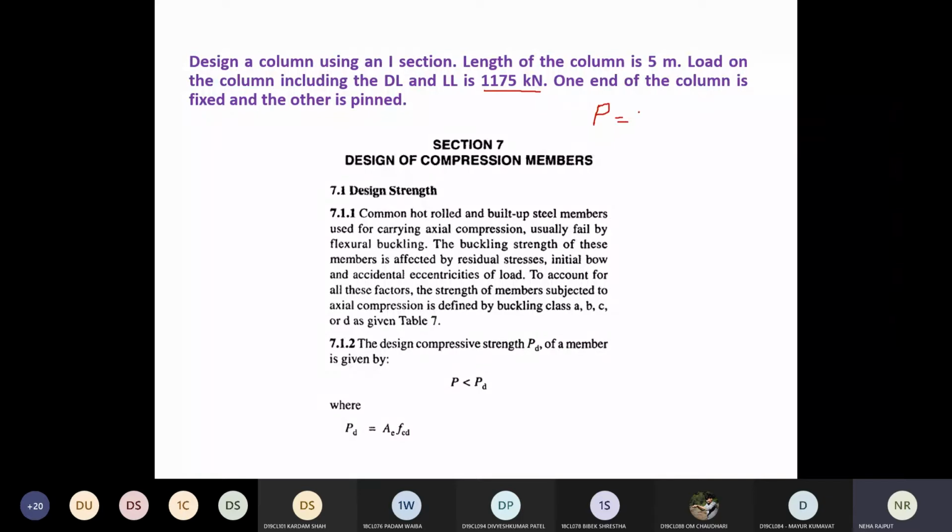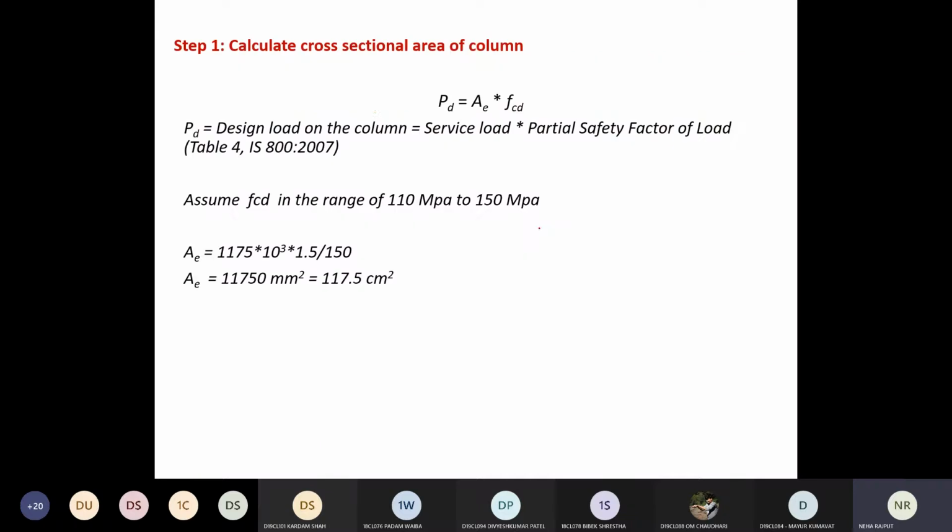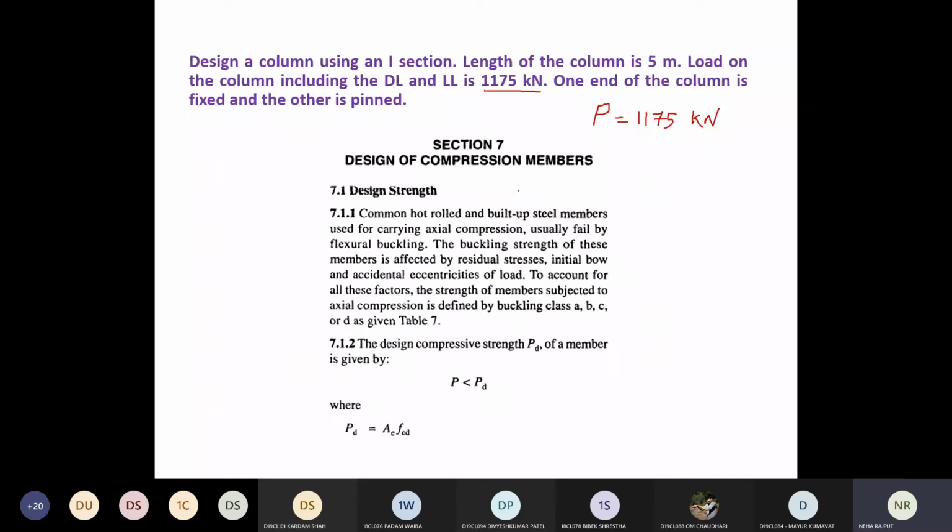P is equal to 1175 kilonewton. Right. What I am doing, I require the design load on the column. For that, the design load of column is equal to service load into partial safety factor of load.